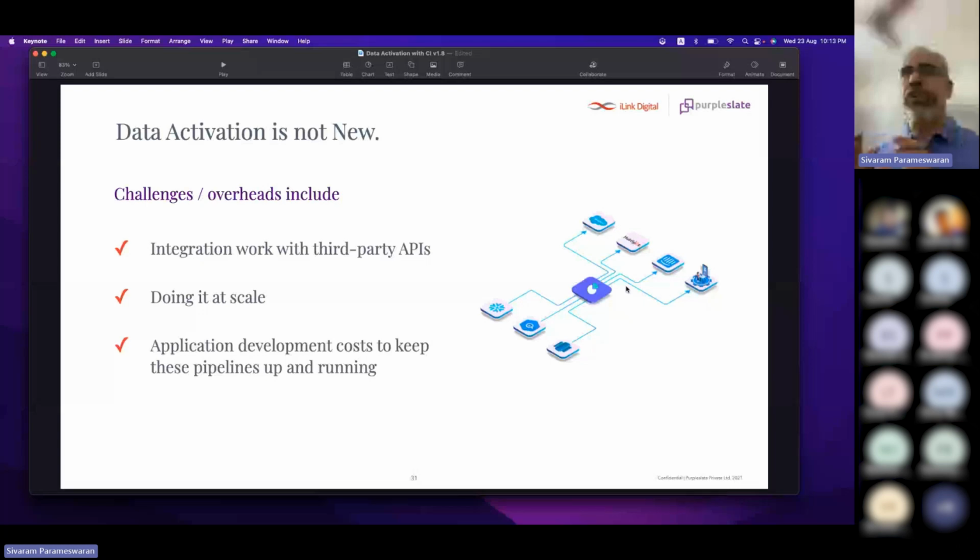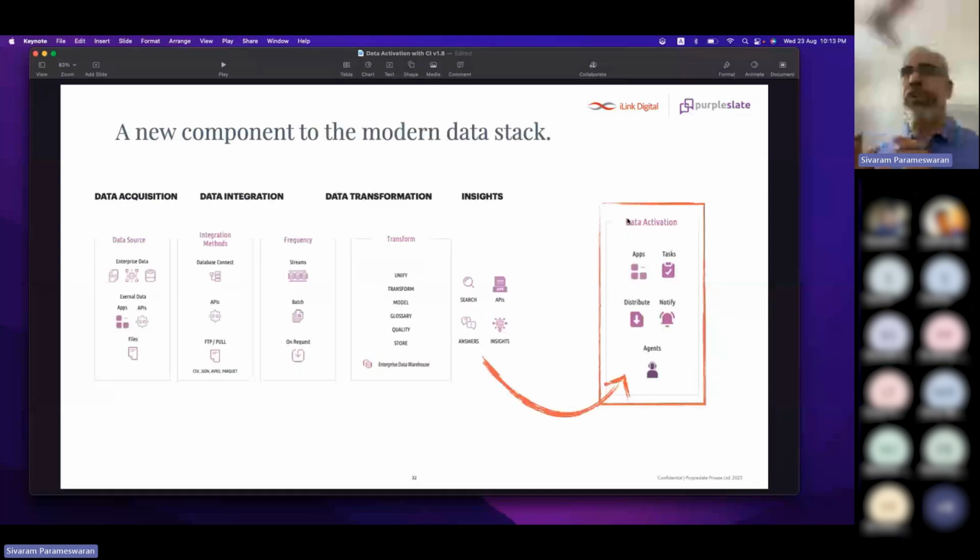So what we're really saying is, while this was the traditional data stack, which pretty much stopped at the consumption layer around BI and dashboards, we are adding one more. Since most of the applications today are available via APIs, why can't we bring in this new data activation layer? Data activation could do many things. One is integrating with various apps. I showed you examples around CRM, creating a task, sending an email, posting a message, and all that.